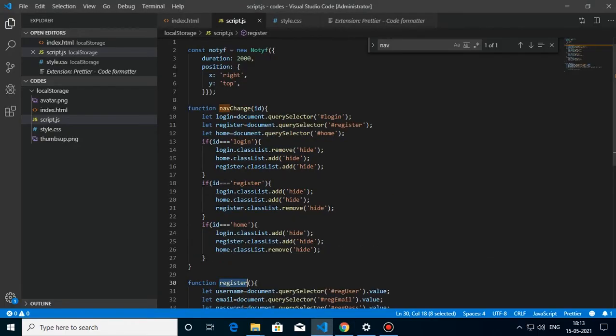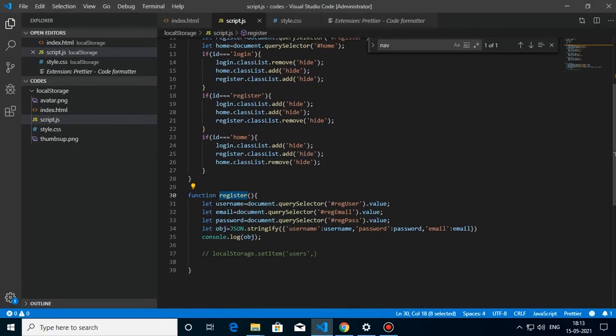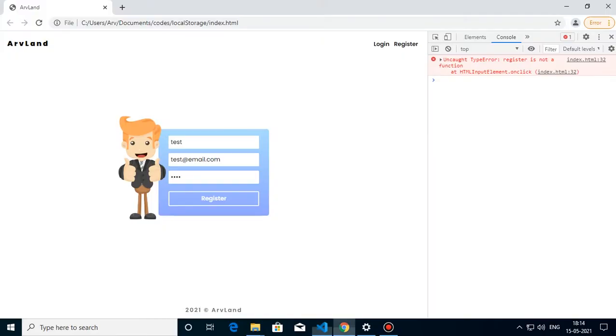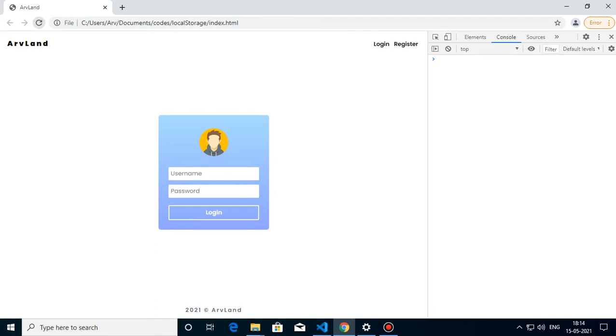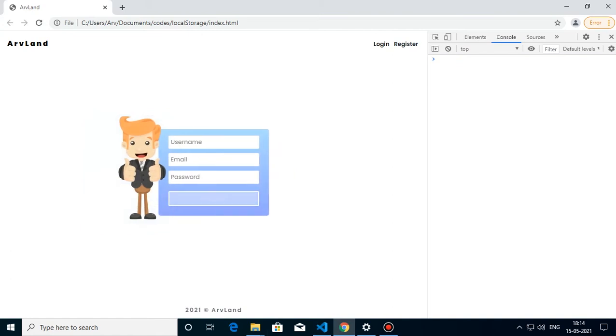Why? Register is not a function. Okay, sorry, I should have refreshed it. My mistake. You can see it's a string right now.